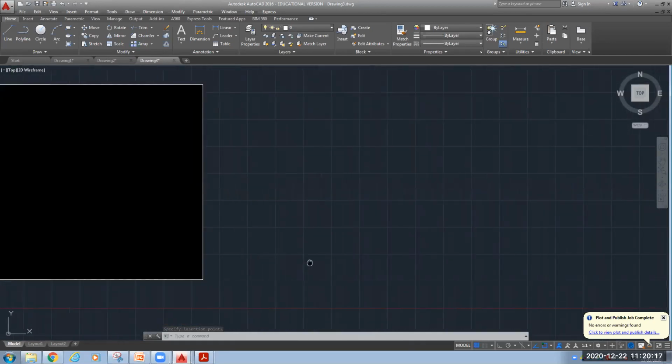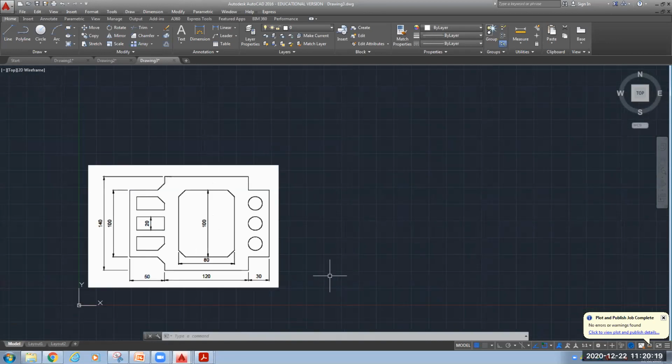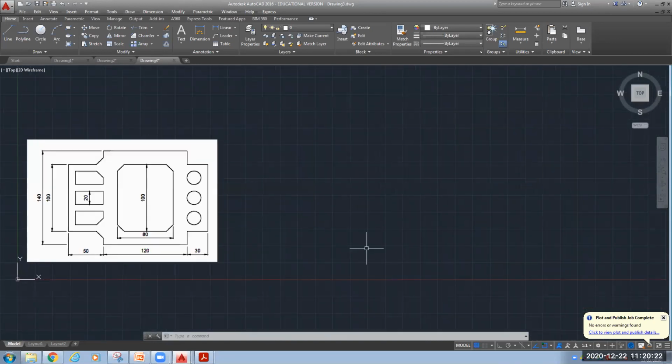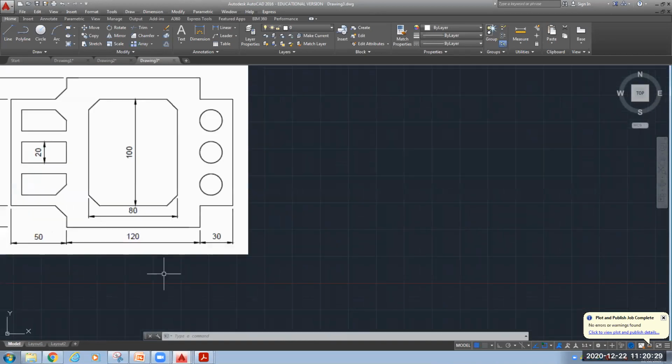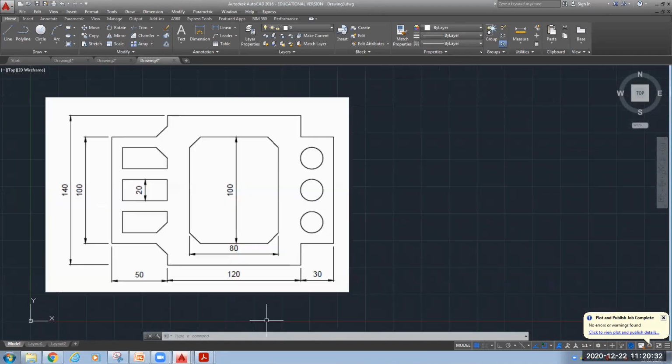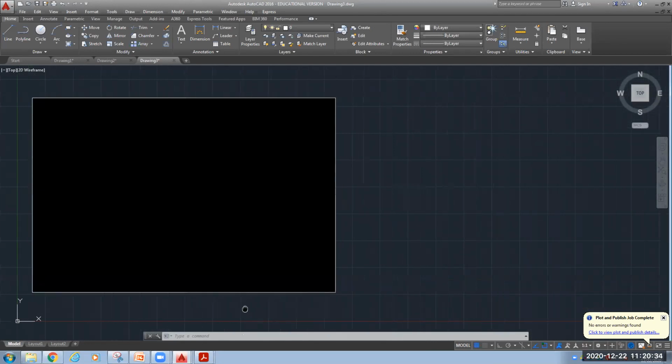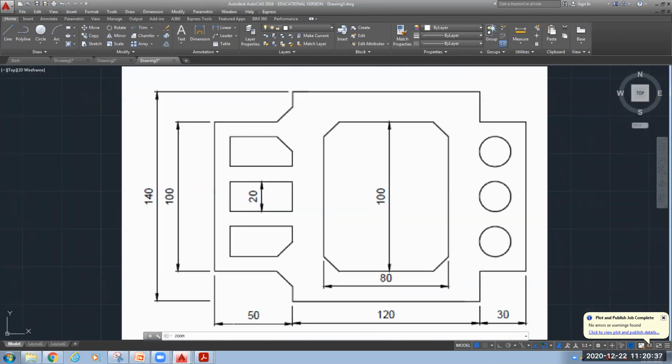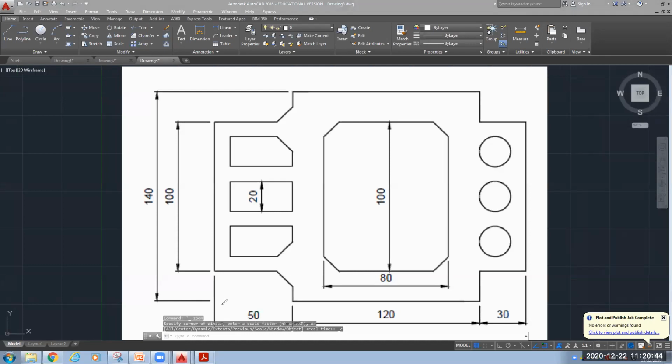Okay. So here we will use all sets of your commands that we have used till now. So watch it carefully. This will be very much useful to revise and to learn all the commands. Before starting, I will tell you, I will start with one corner. I will start with this corner. Okay. And step by step I will move like this.